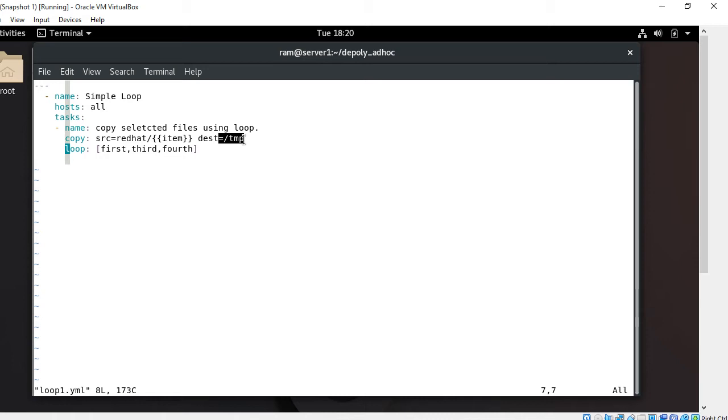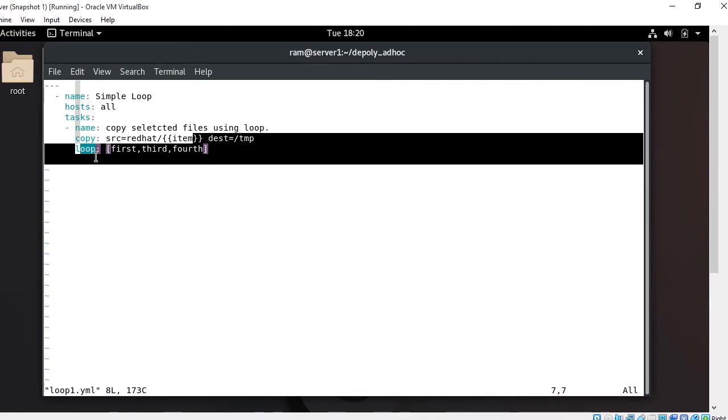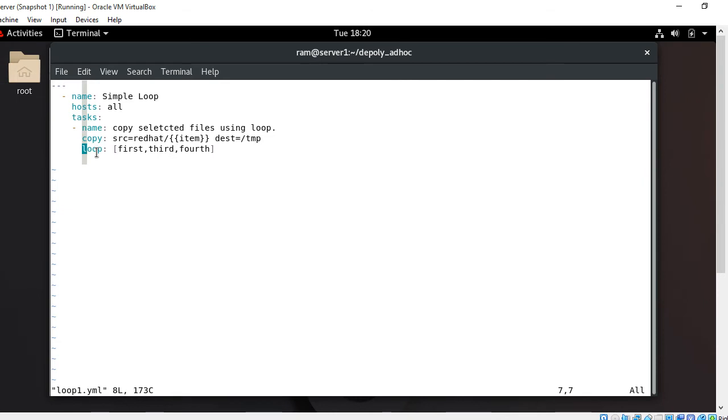Okay, so here I use two Ansible keywords to complete this task. The first one is item and the second one is the loop keyword. Okay, so what are item and loop? Item is a loop variable that holds the value used during each repetition, and loop, this is the keyword, is usually used to create simple and standard loops that repeat through several items.